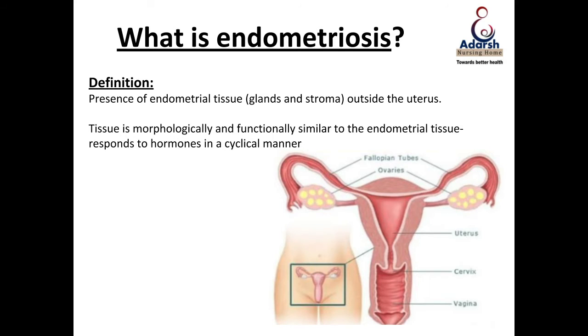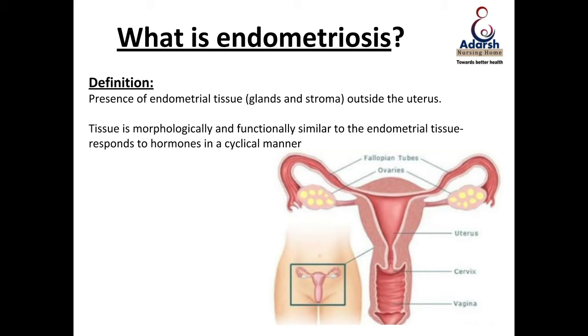Endometriosis is basically the lining of the uterus, which is called the endometrial lining. If that goes and sits anywhere outside the normal uterine cavity, that is called endometriosis. It could go and stick on the tubes, it could sit on the ovaries, it could go behind or in front of the uterus, that is on the urinary bladder, or behind on the part of the intestines, that is called the rectum. And it goes and sits there.